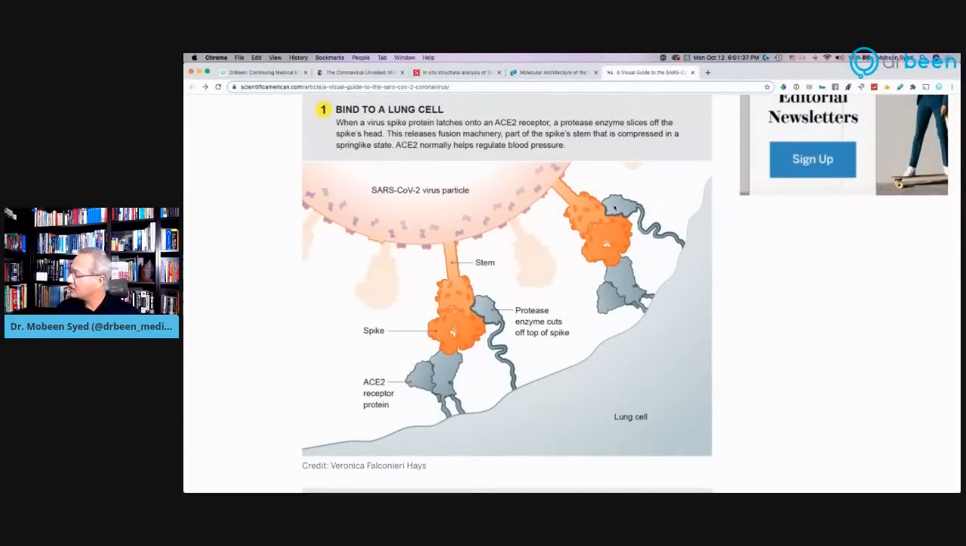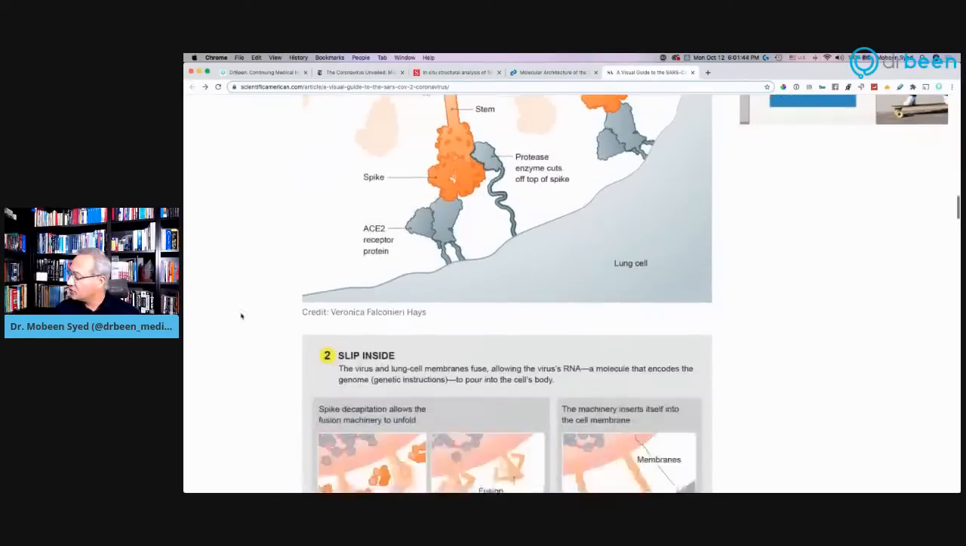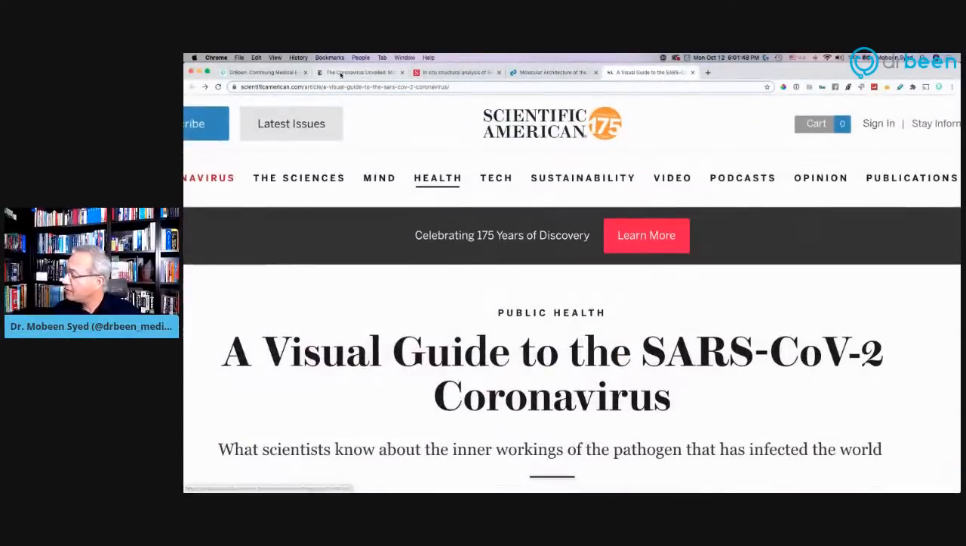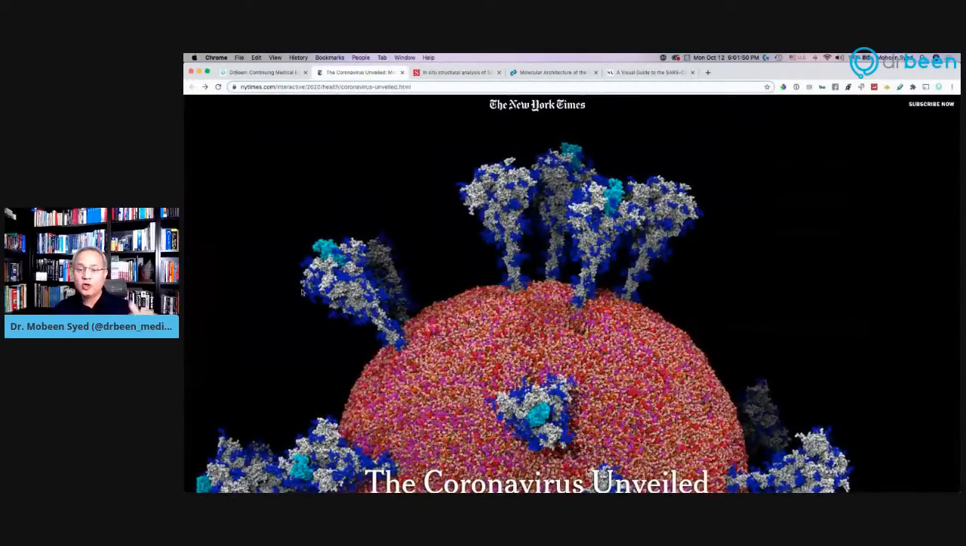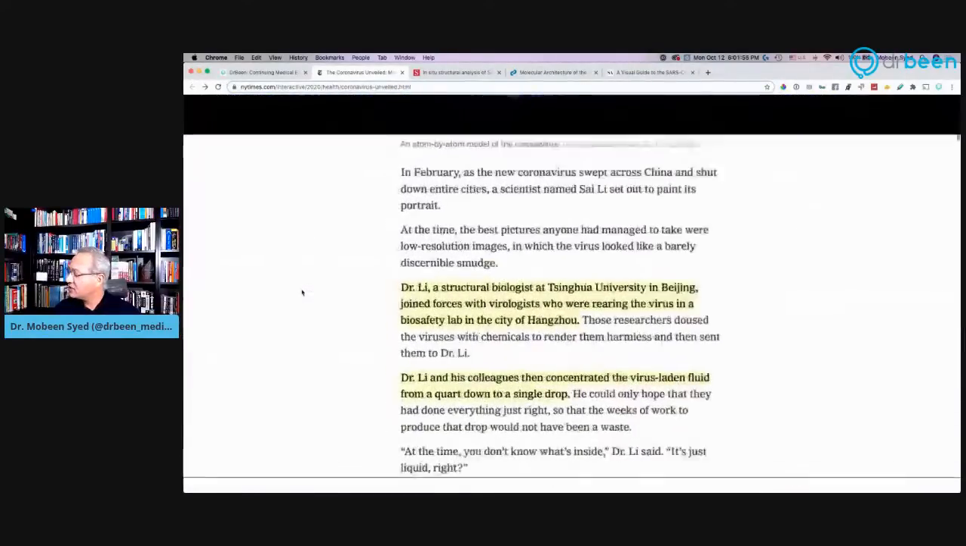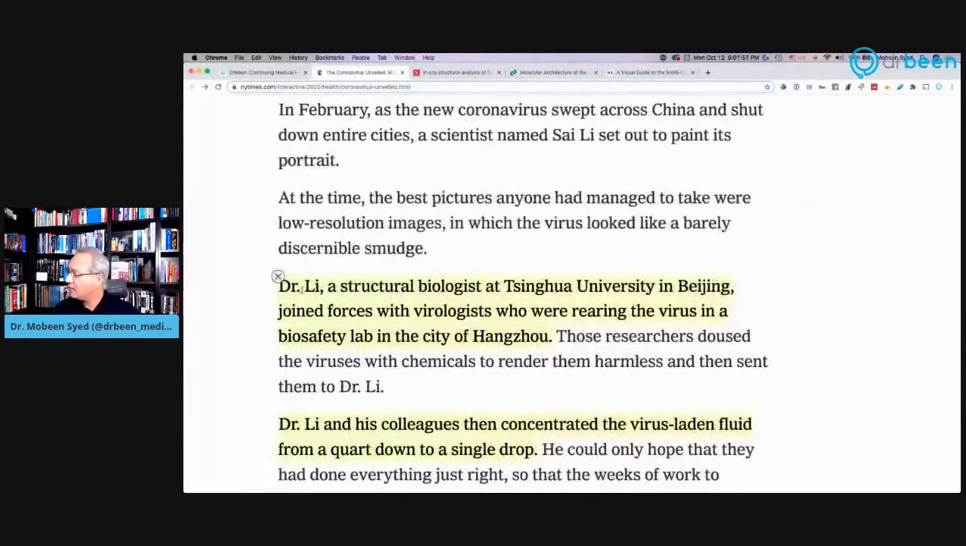Can you imagine this one? This is the TMPRSS2 protein, which is going to cut this spike protein, and then this is the ACE2 enzyme. So beautiful structure here. So let's start. I'm going to be basing my flow or the structure on this article. So the very first thing in this article is about this